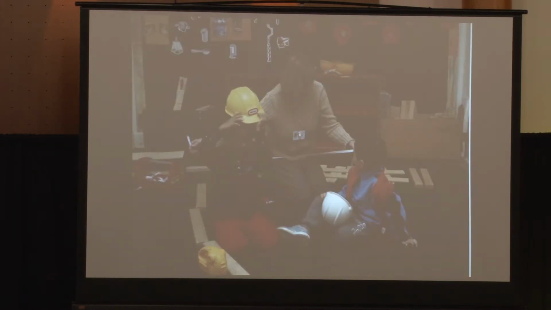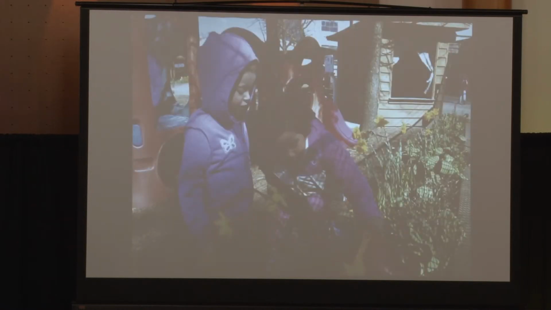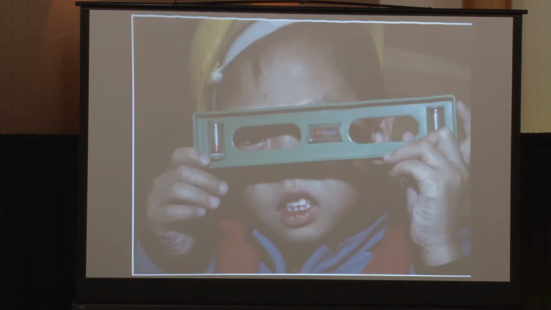Here we have an adult taking up and enhancing and extending and scaffolding. Remember, Joan talked about scaffolding the learning by talking about the measuring tape. And here we have children outside in the natural environment.